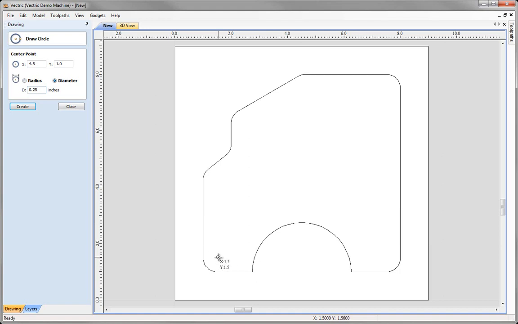and if I come down here I just need to look for this cursor here. When I get to the center point of that arc, it will display the coordinate, give me the crosshairs with a circle and a dot in the middle. So if I click there, it will create that circle for me at that point. Again, I can come up to the next one and click here. I'm going to come up to the next one and click, next one and click, next one and click,